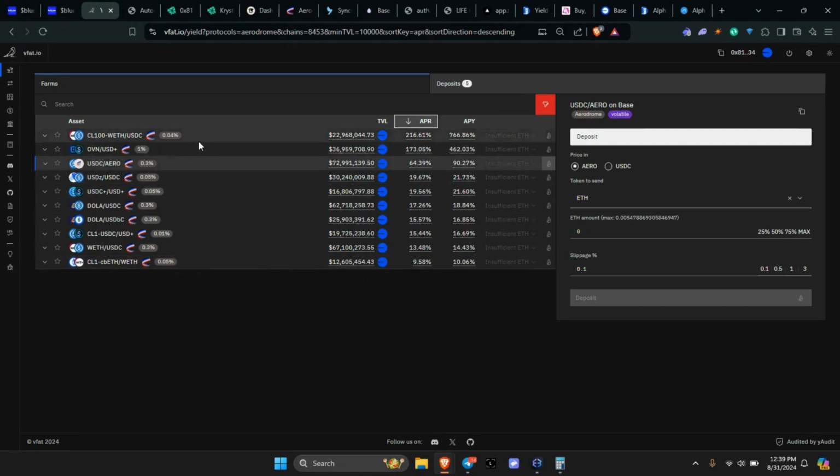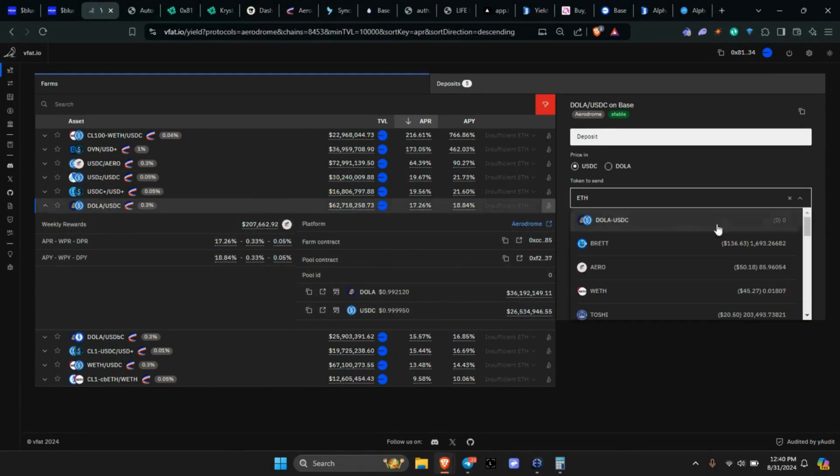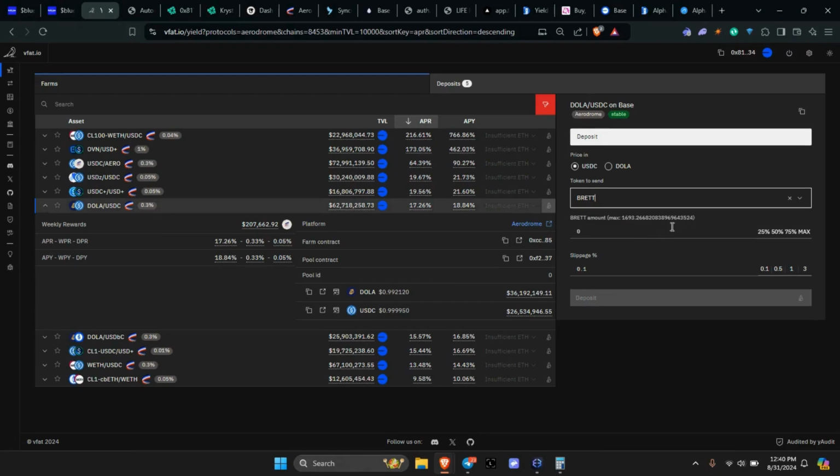Then once you say, well, I want to go into dollar and USDC, you look at everything here, then you figure out how much you want to put in. Now, over here, you're going to get to choose. Remember, you get to zap in. You don't have to have either one of these two in order to zap in. I can zap in with my bread tokens. I have some extra bread tokens sitting in here. I could zap into that position with bread if I chose to. I could say I want to use all my bread, hit deposit, and it'll deposit right into that position.